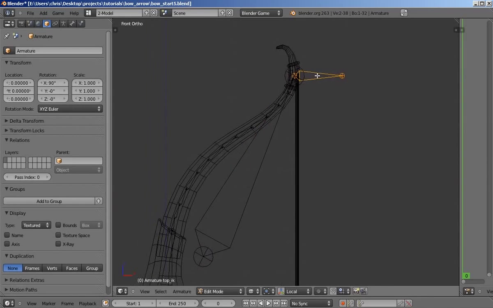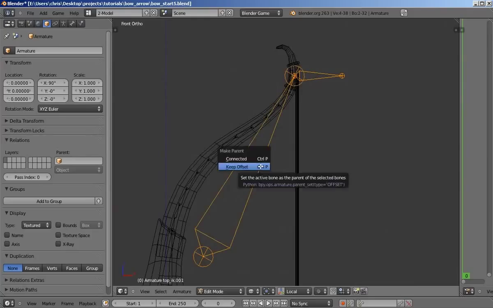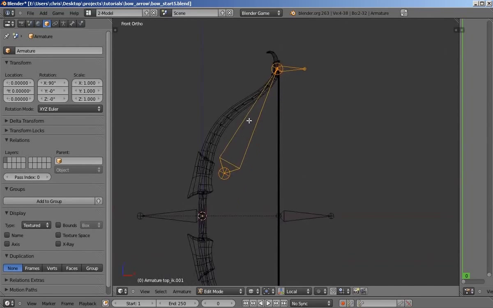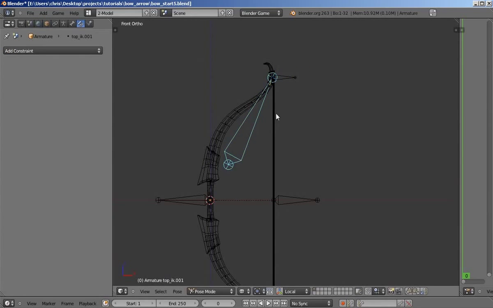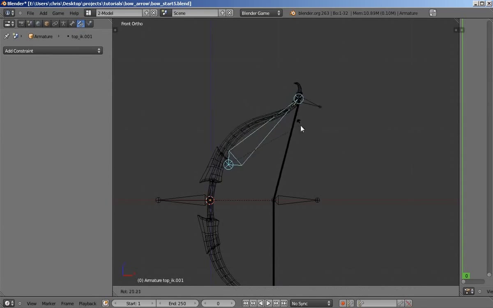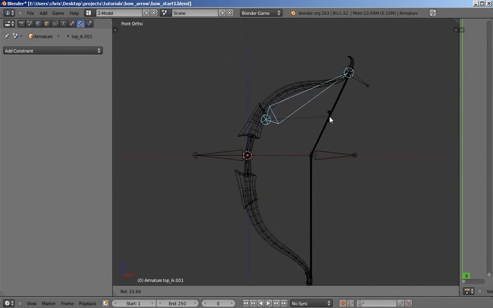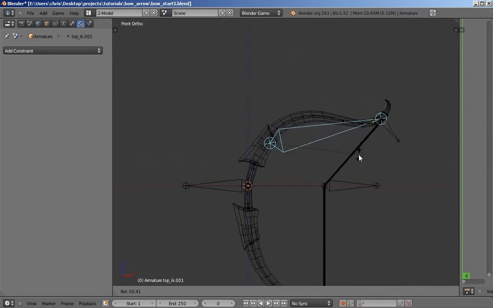We're going to parent the top IK bone to this new bone by selecting the top IK bone, holding shift, selecting the new bone, and pressing Ctrl and P. Keep offset. So now if you go into pose mode and you select this new bone and you rotate it, you'll see that now it bends pretty much